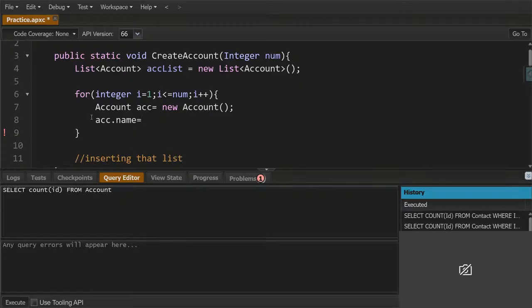So here we are writing account.name, and we are trying to make a logical name. Suppose this is